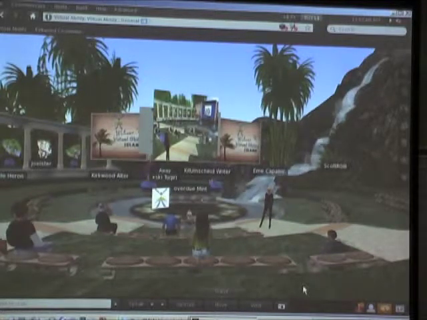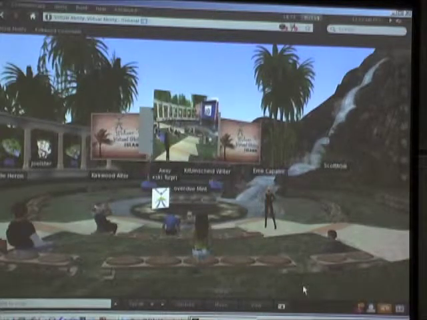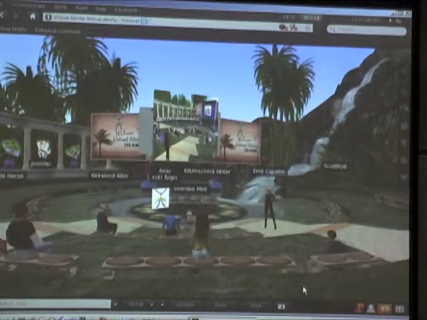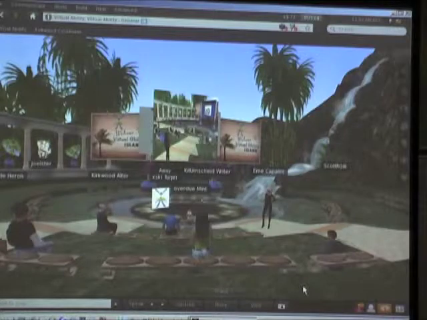Yeah, it does. We've had people access Second Life through facility computers as well, like library computers or a clinic's computers. Is there a menu or a way that people could figure out where they want to go in Second Life? How do you decide where you want to be? It depends on what you want to do. That's how you decide where you want to be.